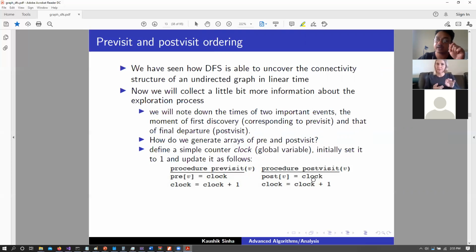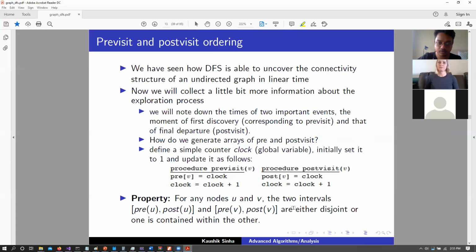Every time we post-visit, we again assign the value of the counter to that vertex's location in the post vector, and then increment the counter by 1. That is what we do every time we access a vertex. Before exploring its child nodes, I assign the counter to the pre-visit value, and every time we return after exploration, we assign the counter to the post-visit value.